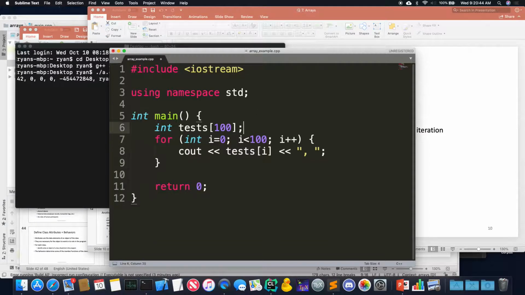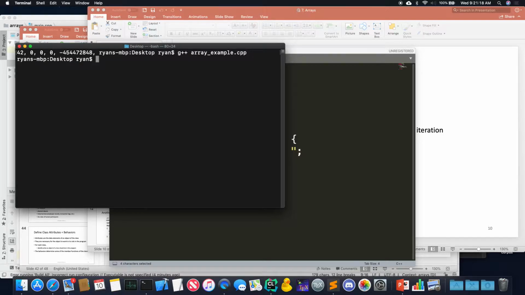So here's what we do instead. If we want to print every test in the test array, we just say int test. I'm making a new variable here called test, which is the individual element of the array, in, the colon here, test. So here I say, for every single integer in this test array, I just print that value and I'm done. I don't even need to know what the index is. If I compile and run like we did before, other than the last integer, it does exactly the same thing.